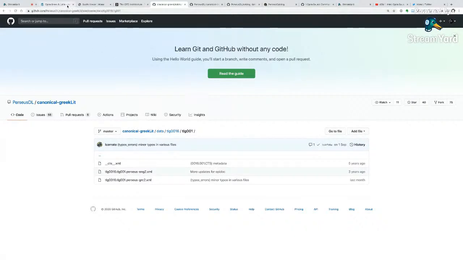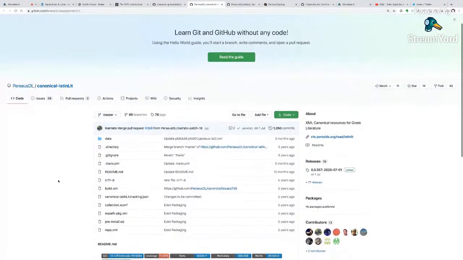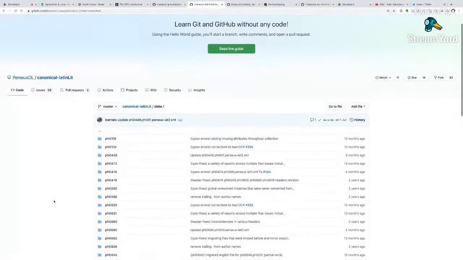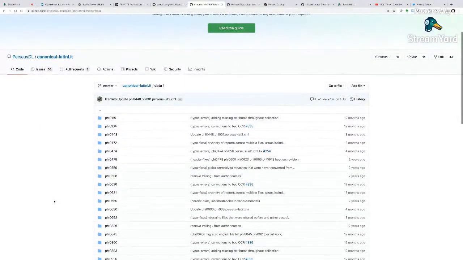The same is for Latin, of course. There is another repo where you can find data for Latin authors. In this case, folders are arranged by numbers, PHI numbers.